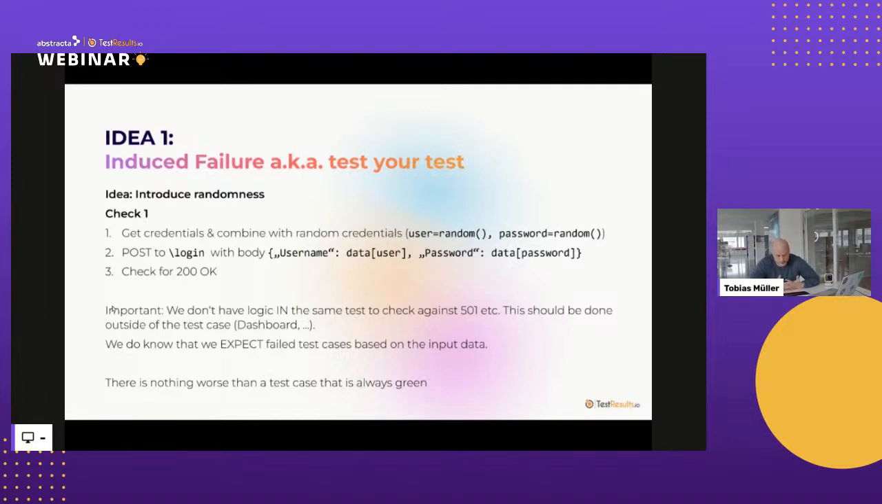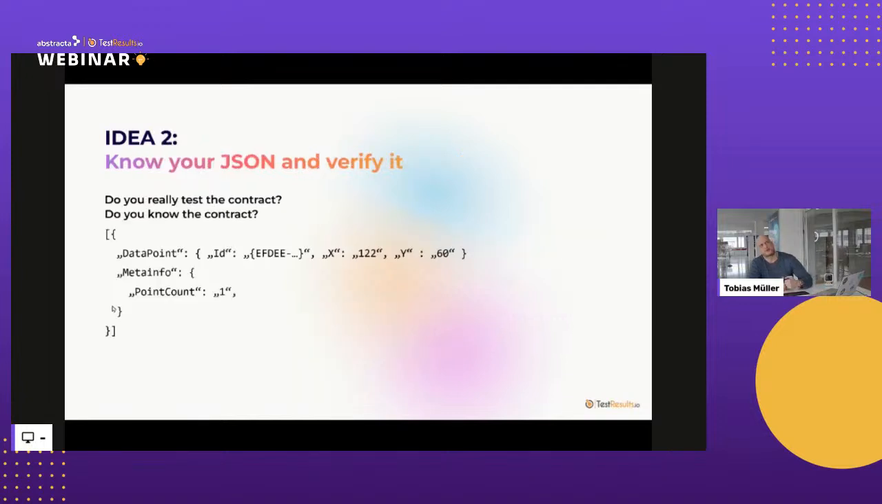Because that is actually the problem. If you have everything green all the time, are we sure that we are testing the right thing? There's nothing worse for me, and also for my customers, than having tests that are always green. And that being said, it brings us to the next idea, which is a bit around